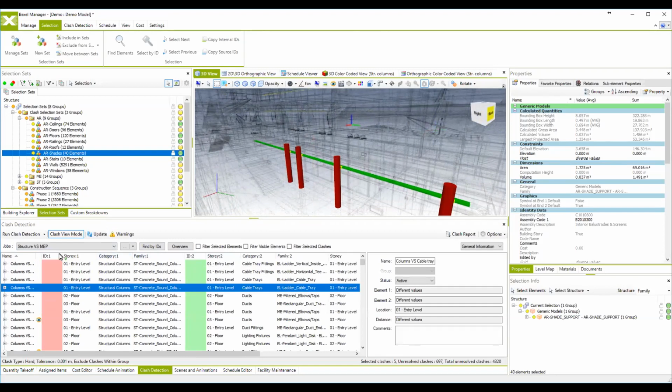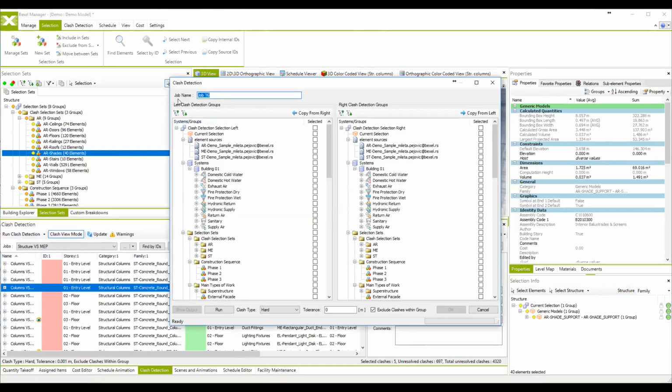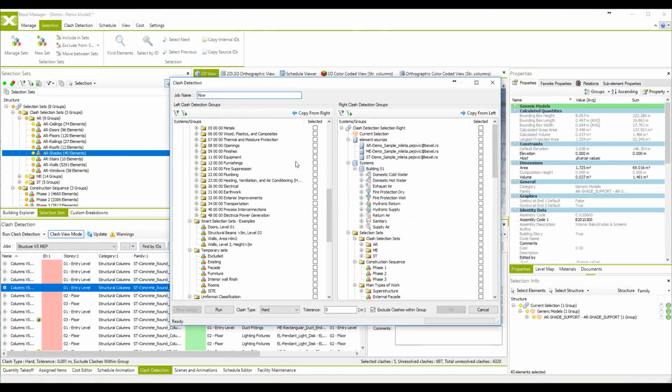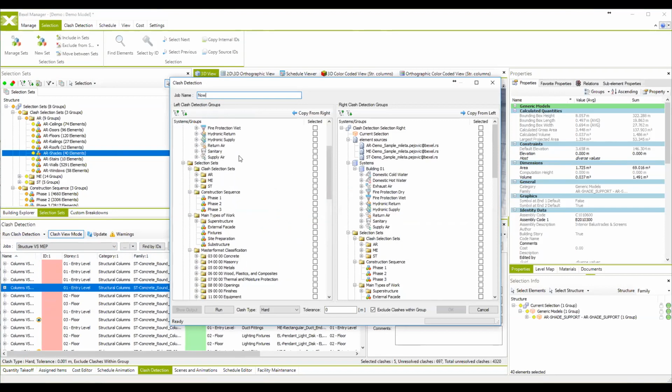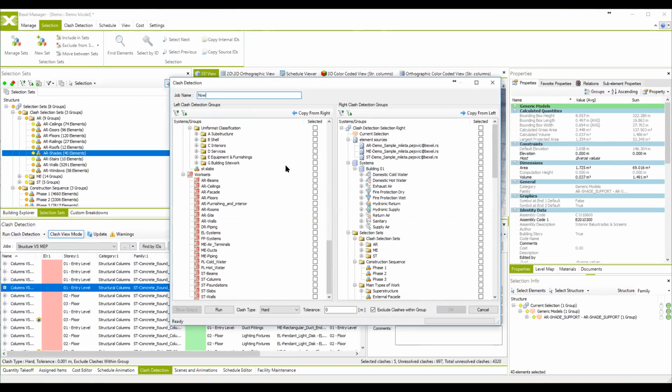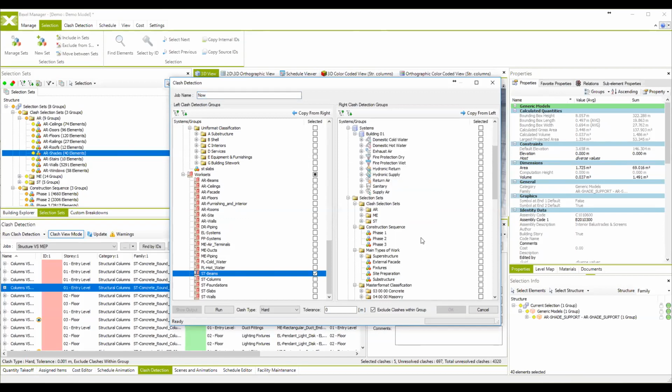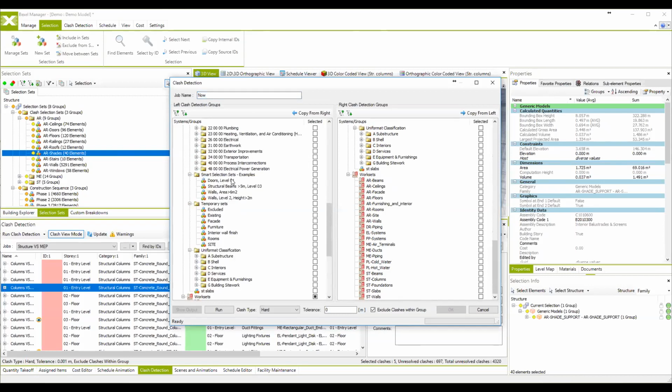And if you want to create an additional clash detection job, you can create a new job. And here you see the elements breakdown by any of these previously shown breakdown rules. So for example, if we want to check the structural beams and HVAC, we can use, for example, a workset or selection sets or systems, any of these,